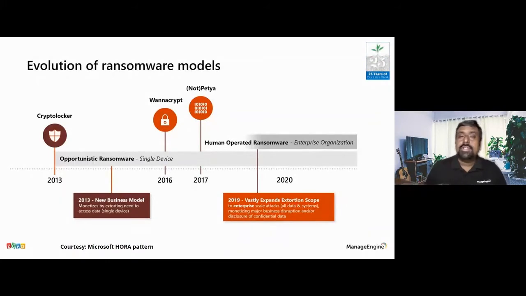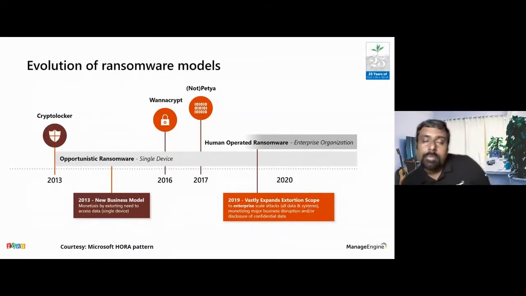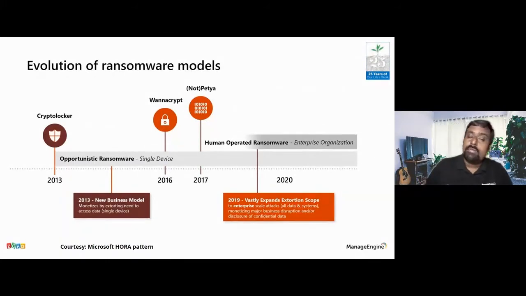Like I said, when this work from home culture or work from anywhere has come in, they have also evolved. Now it's no more a single ransomware or a single set of information. I'm just putting it in very simple lines. It's no more a single file or a single execution. It's going to be human operated ransomware, HORA. This model is being proposed by Microsoft. If you go to the Microsoft site, you should be able to learn more about it. So it's no more a single file. It's going to be a series of attacks that's going to happen at your endpoint level.